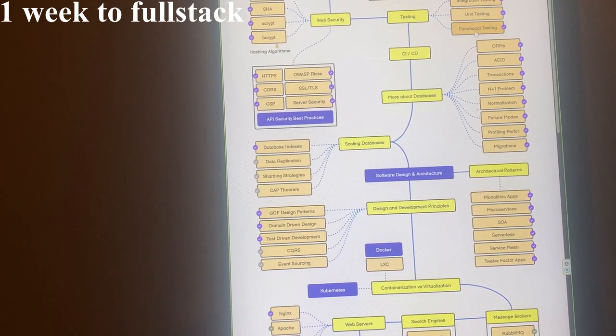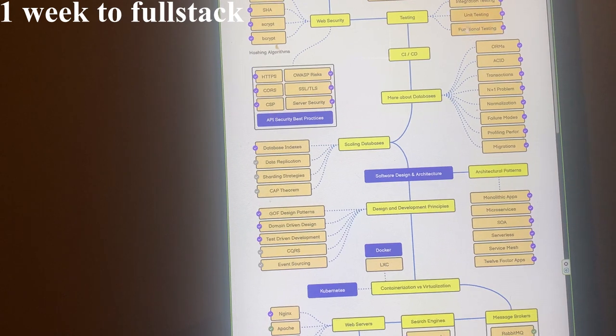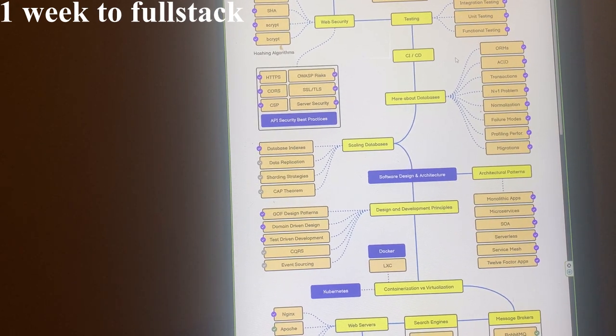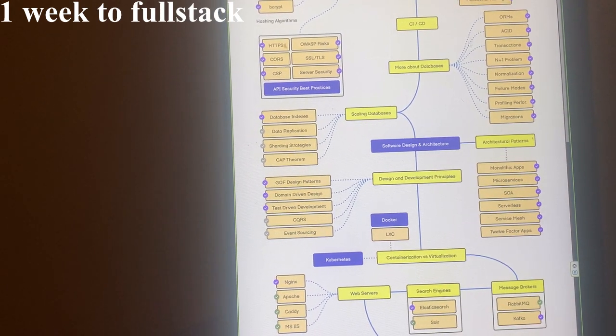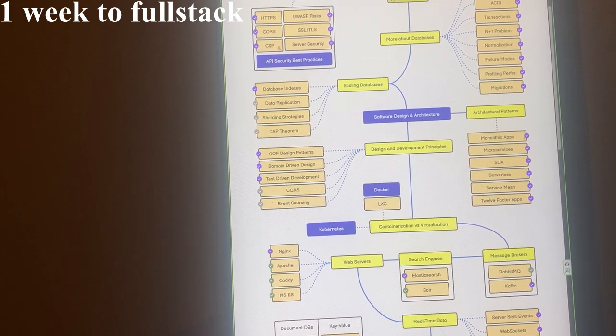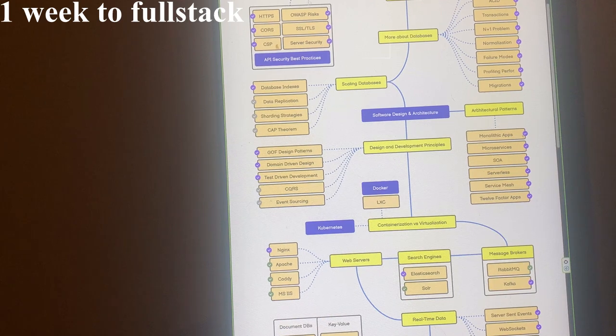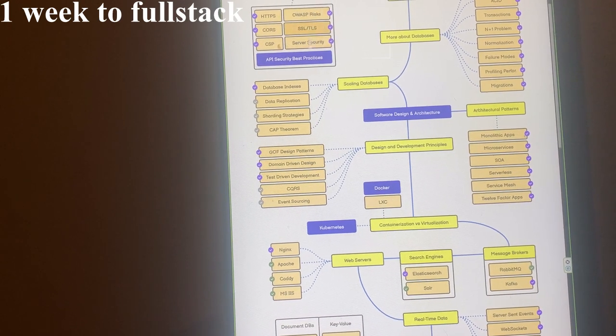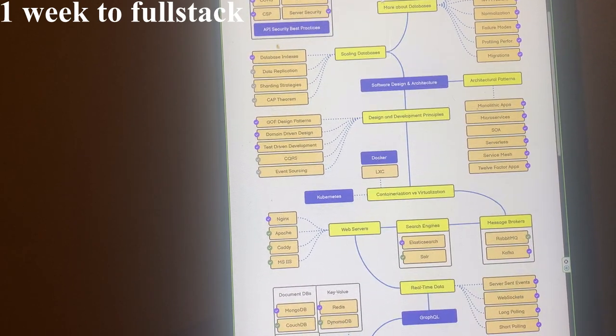I don't necessarily know testing. Testing is a skill on its own, in my opinion. So I'm not sure if we're actually going to do that. And about the pipelines, I'm not sure if we're actually getting into that here. And best practices, we're not going to make our own API, but